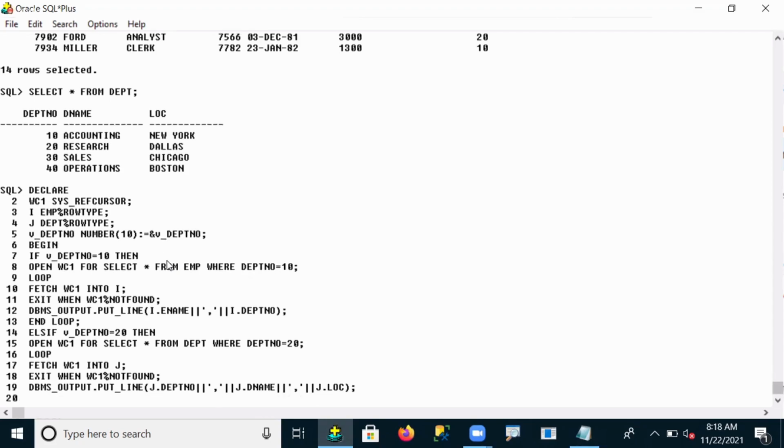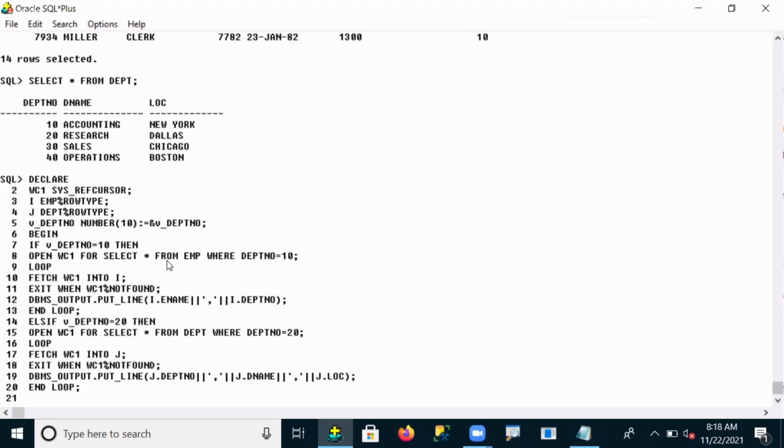Okay, fine. After fetching, as usual, you want to end your loop. So that means internally your simple loop is going to end. And finally, end your if else condition. Now here I'm using multiple if else, if else if. So that will be closed.